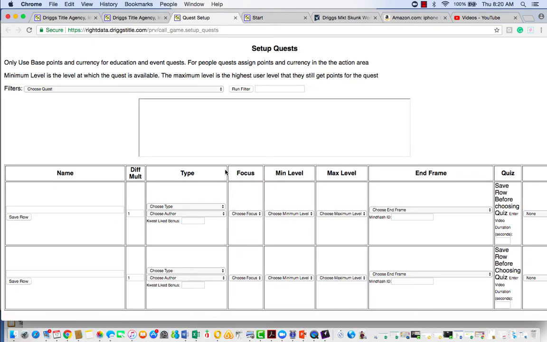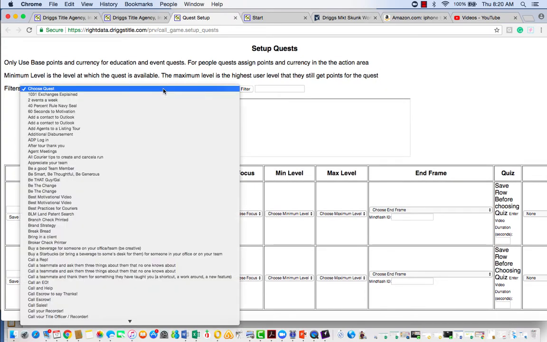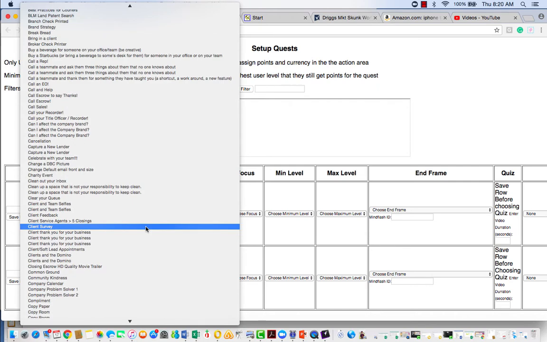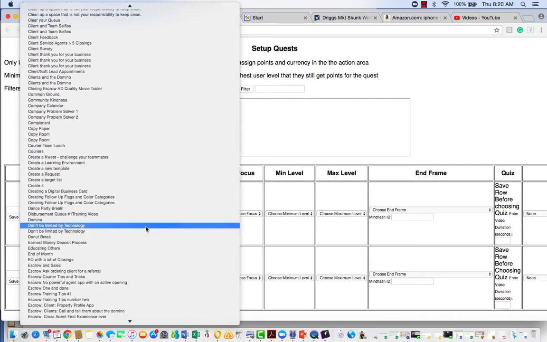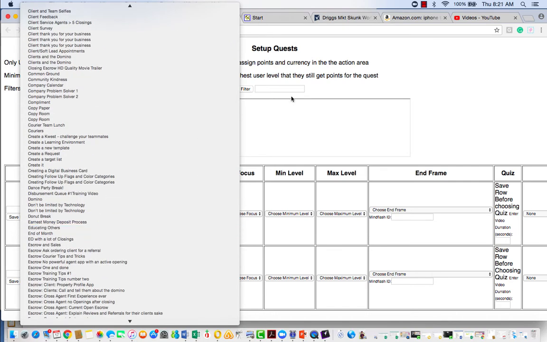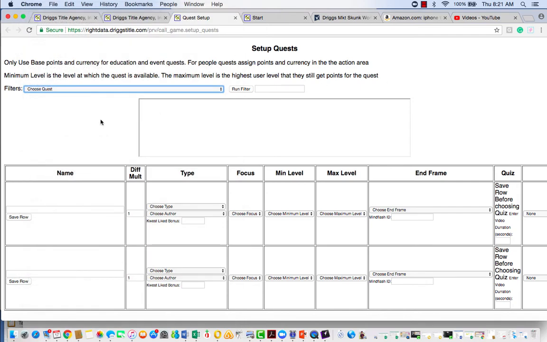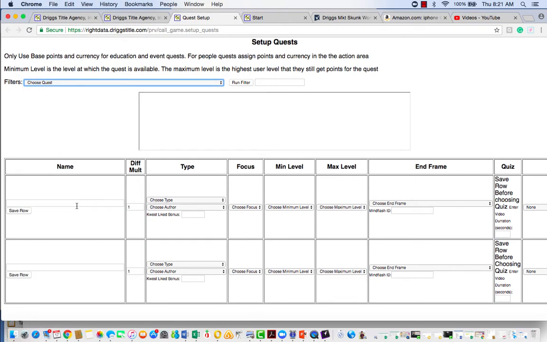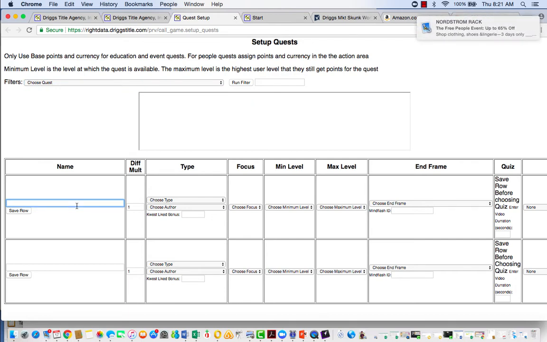Going to get into quests, and this is our filter of all the quests we have loaded. They're all in here. You won't see deposits yet because I didn't update it. Well, literally because I haven't put it in yet. So that's what we'll do now. So we're going to put in, this is a brand new one,